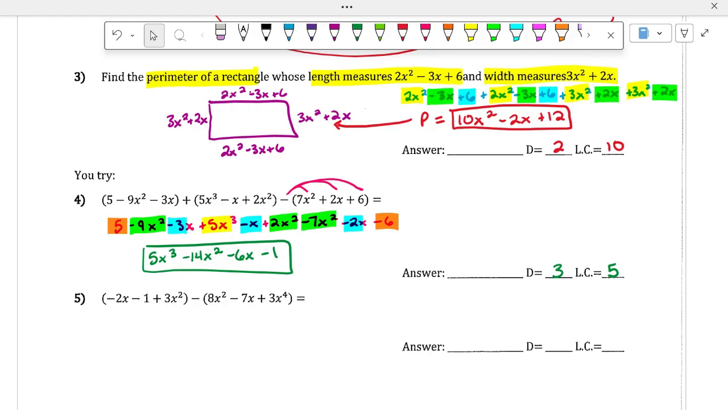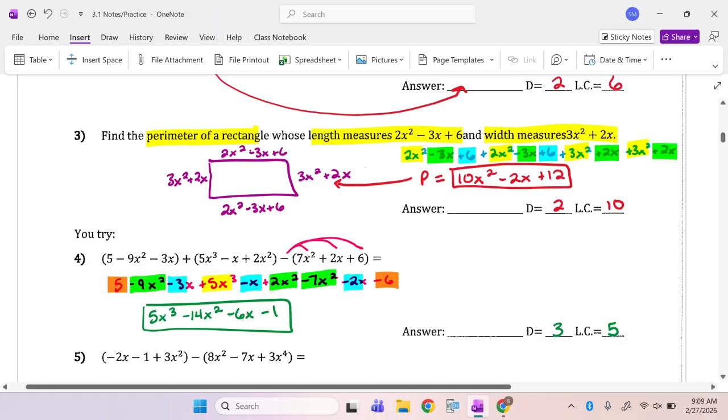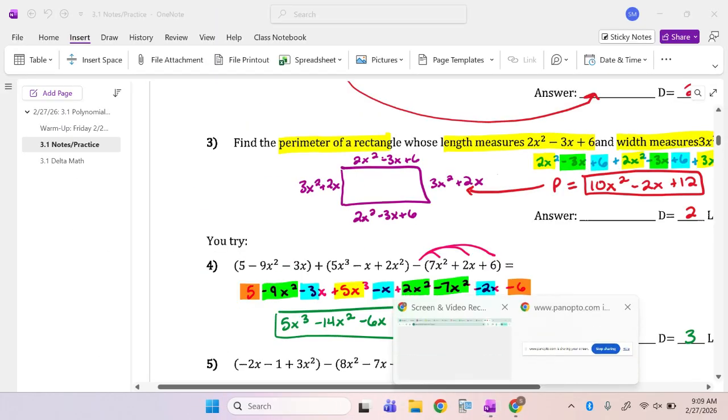All right. Now, don't forget, this Delta Math is not going on this term. So I don't care if you have to prioritize